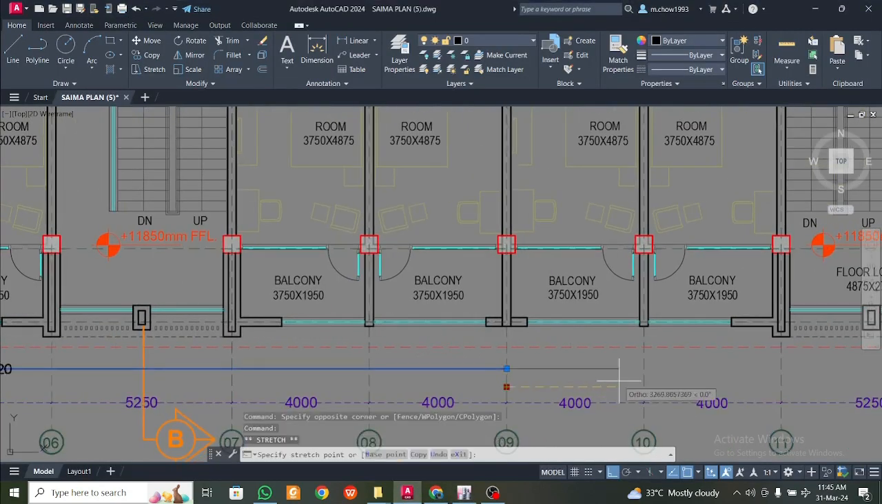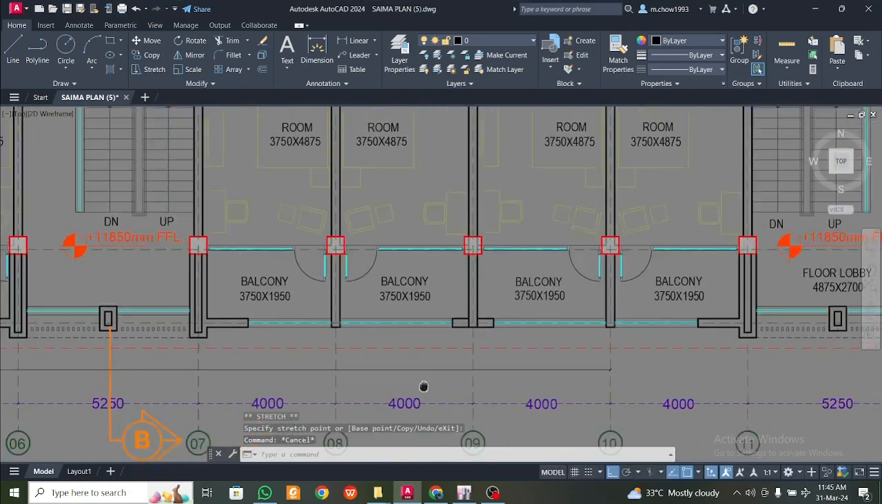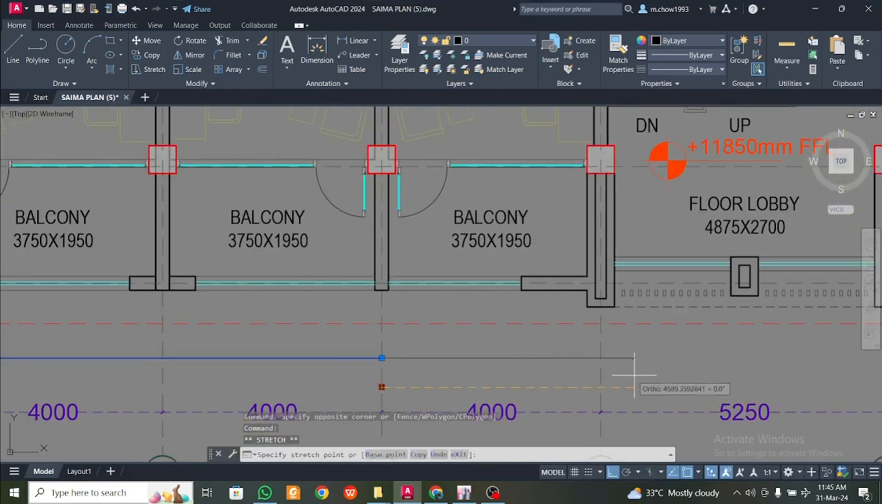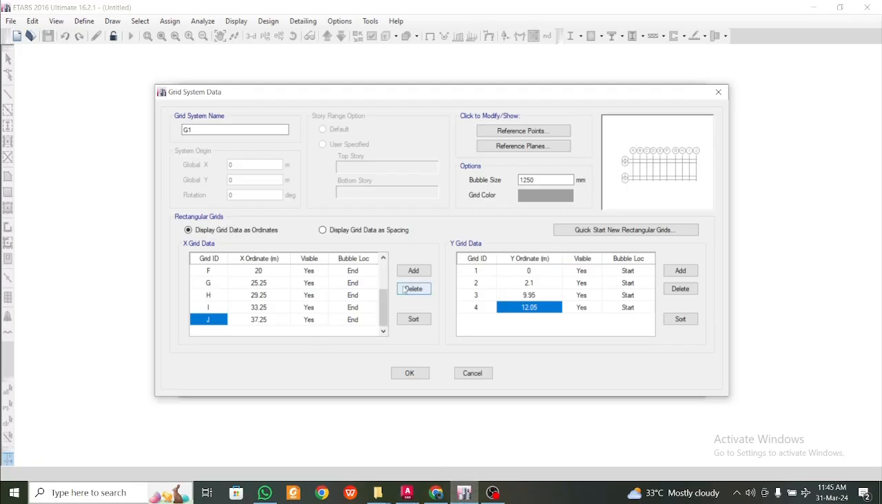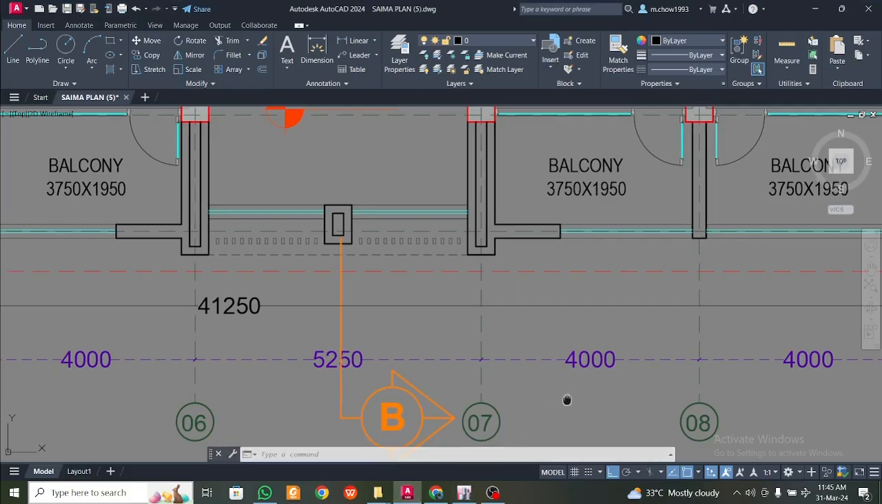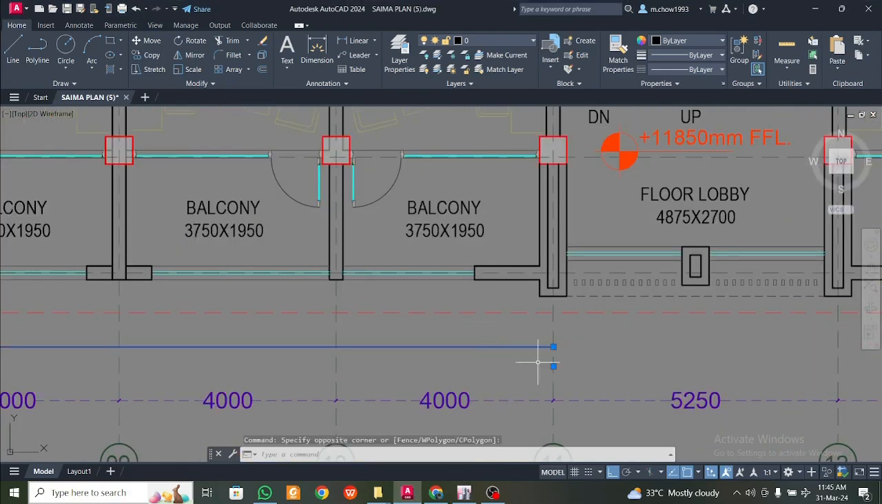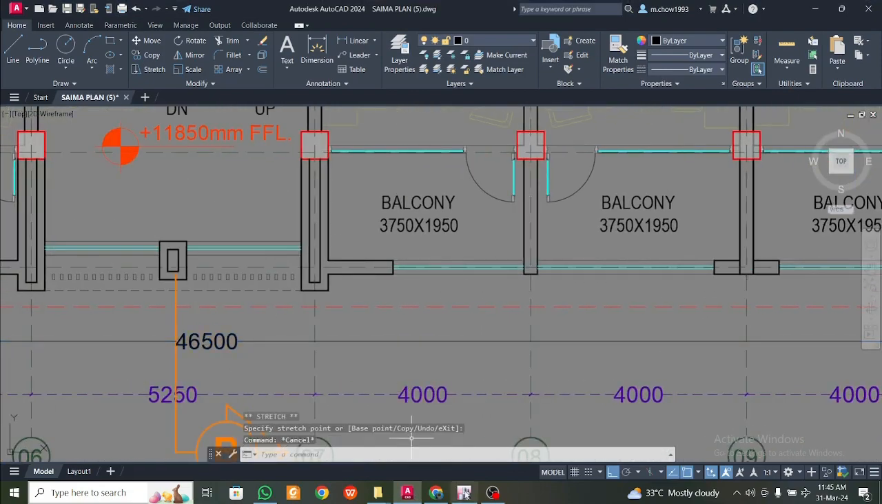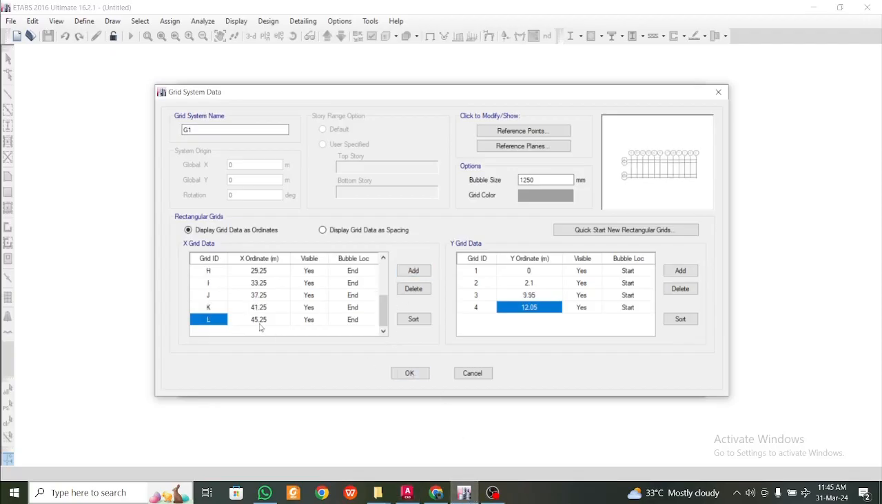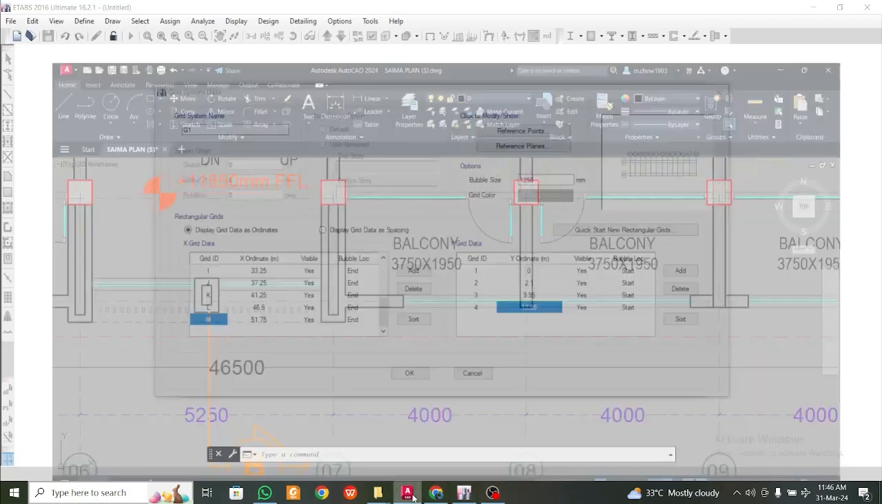37.25. Then we'll have another one of 4 meters. It will be 41.25. 41.25, and then we'll click on add again. Okay, let's just take the length here. This will be 46.5, the next length, 46.5. Yes, and then click on add again, and then the next one will be